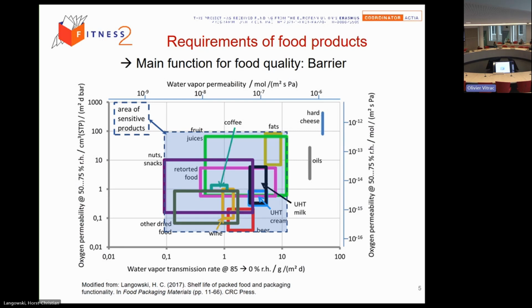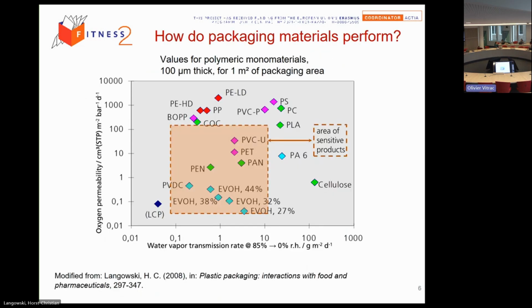For instance, you cannot pack beer in paper. Very simple. Some other problems are a little bit more complicated, but every product needs a certain requirement from the packaging. If this is not fulfilled, you end up with more product losses, and this is the counteractive effect. So especially when you look at different types of plastics, this again is the area where the sensitive products are and their requirements and barrier properties.